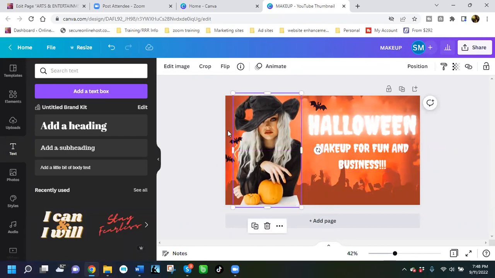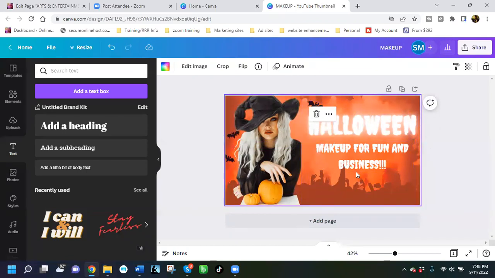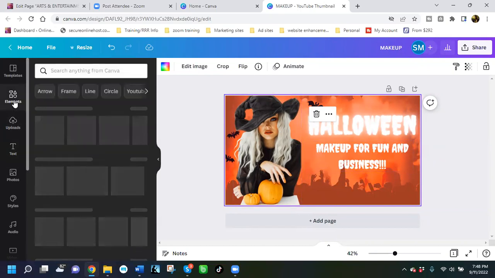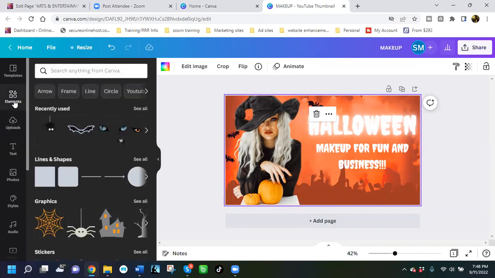And everything on here is an element. It's movable. So you can make it movable. You can make it smaller if you want. You can change it around. Makeup for fun and business. So perfect. So now you can go over here to elements, and everybody kept asking me the other night when I showed my video Thursday night,